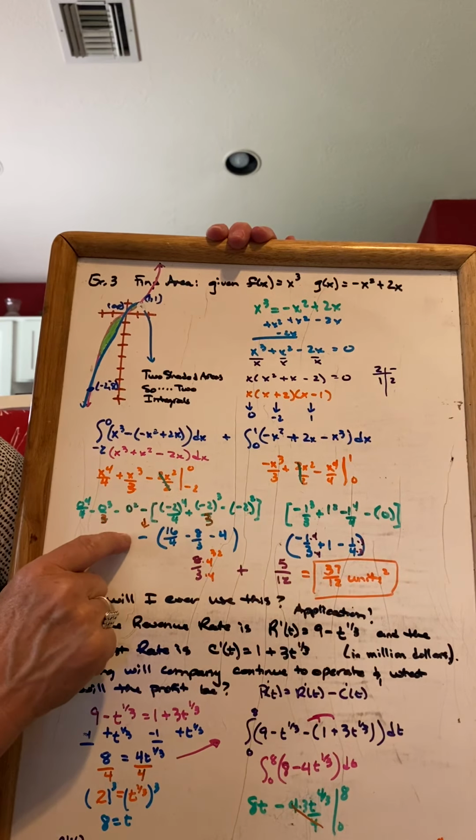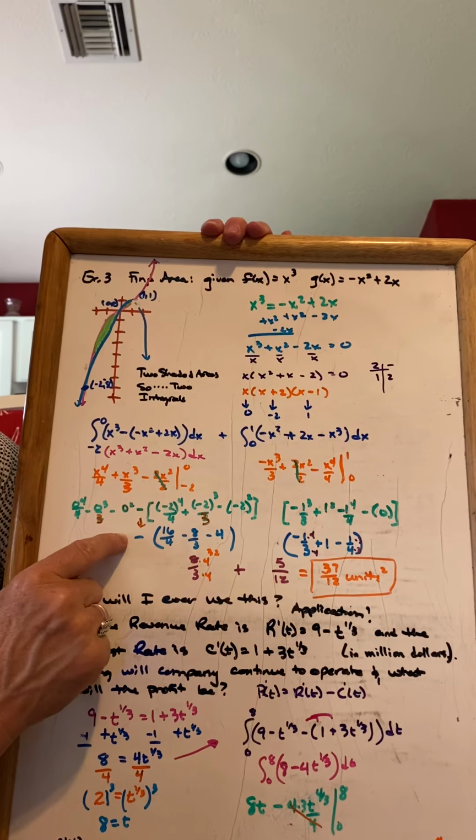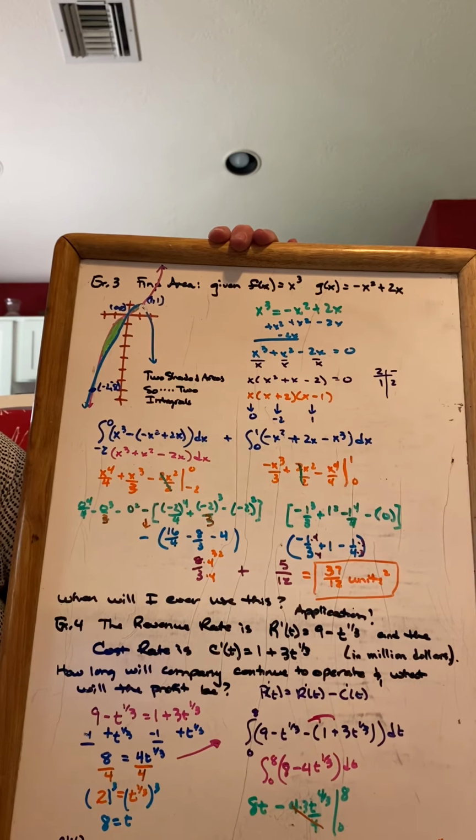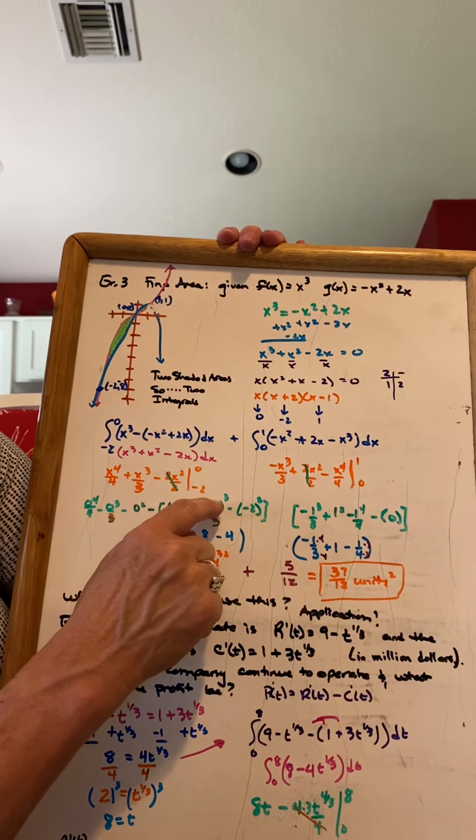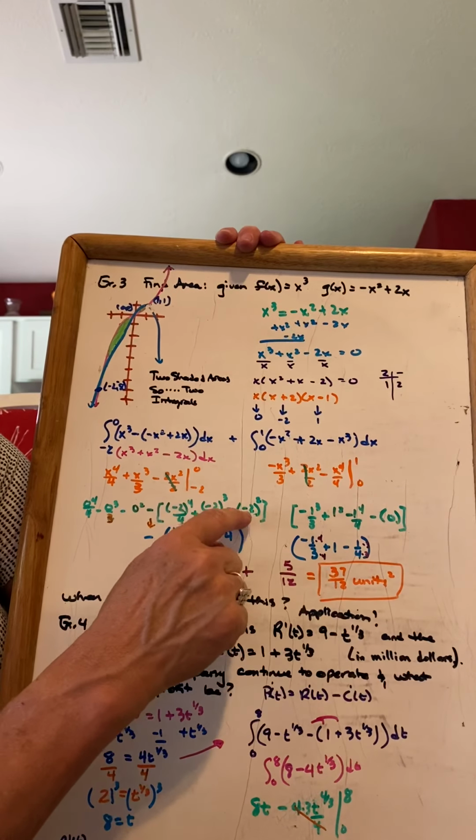That negative is very important. You're going to have to bring that down. If you don't bring it down, you're going to get a negative answer. Negative 2 to the 4th over 4 plus negative 2 to the 3rd over 3 minus negative 2 to the